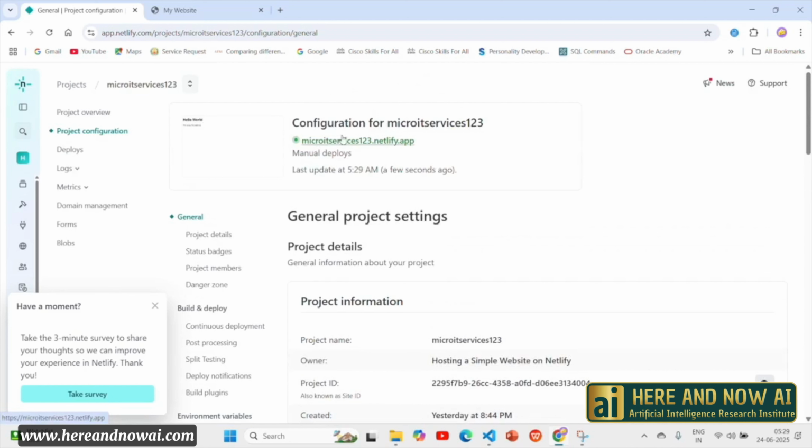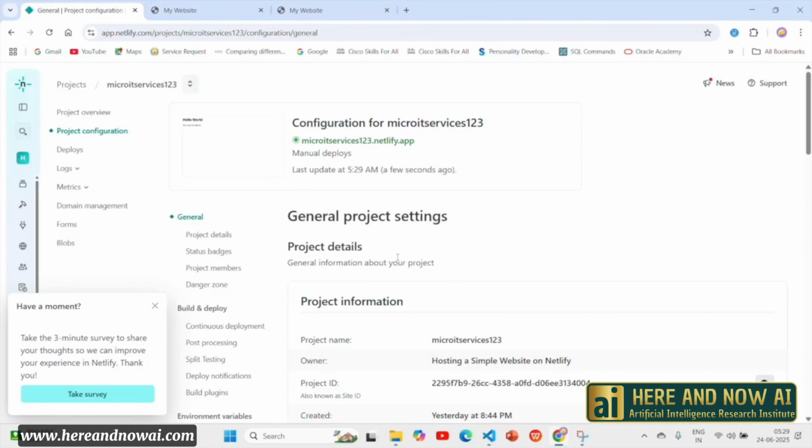So that's it about Netlify. It is very easy to use for creating websites just by uploading your GitHub repositories. In short, you just need to save the code in Visual Studio Code, upload it in GitHub and open the repository in Netlify, browse and run. That's it for today.